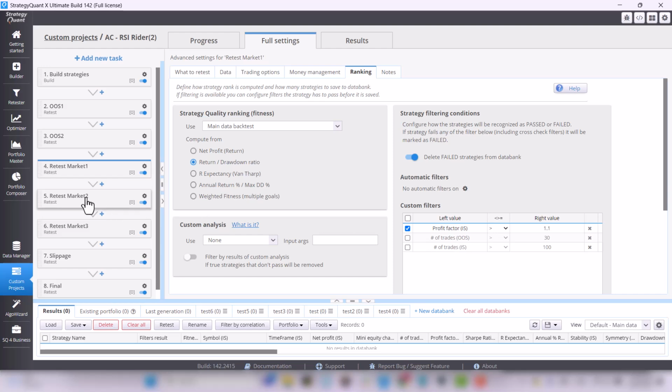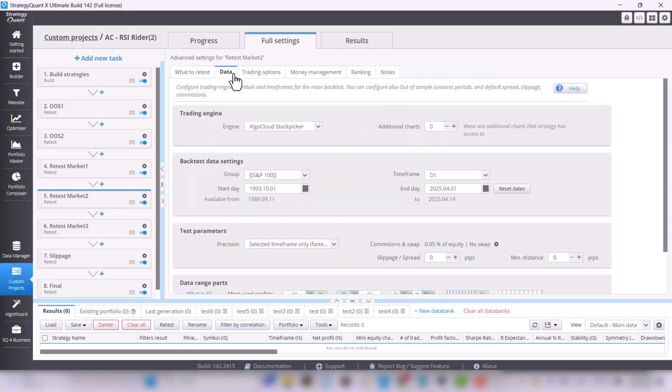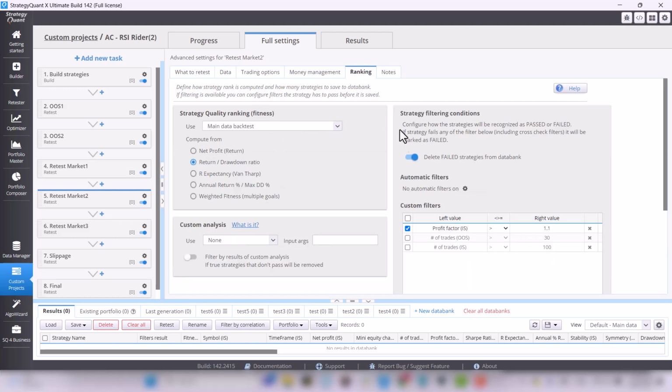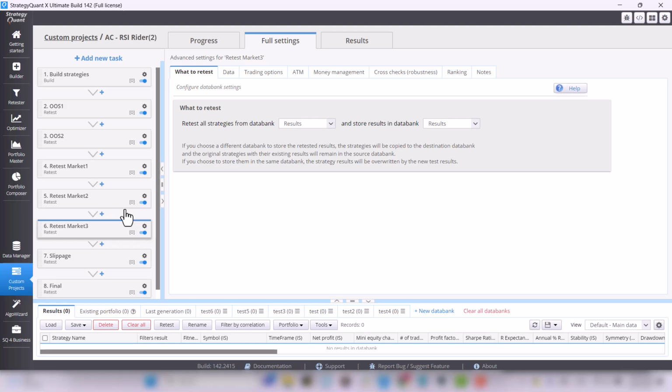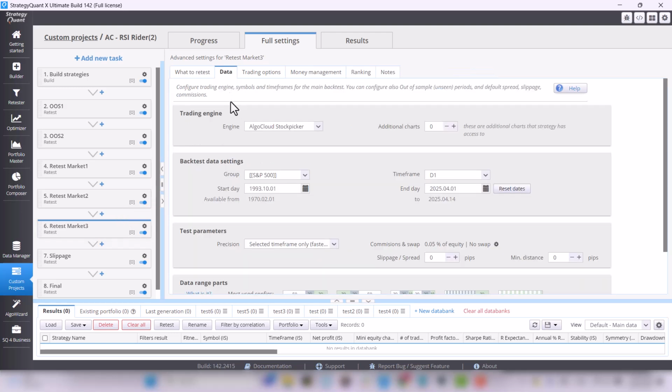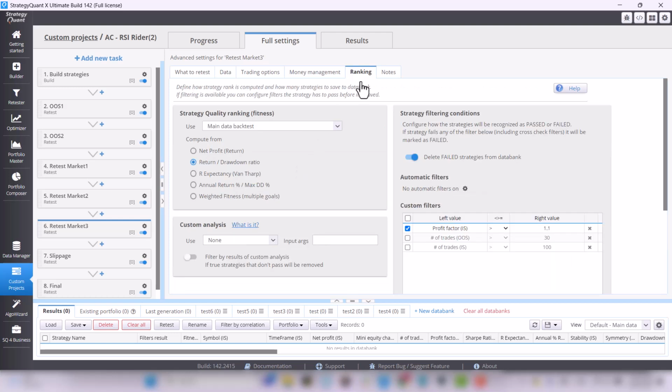The next test is on the S&P 100, where again, we want the strategy to be profitable with at least a profit factor of 1.1. In the next task, we have a test on additional market again. This time it's S&P 500, where the ranking is again the same, profit factor of at least 1.1.